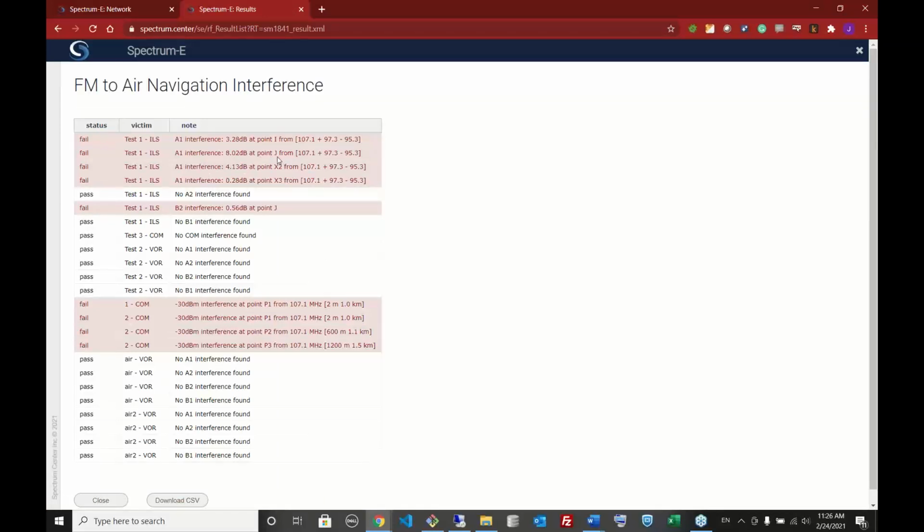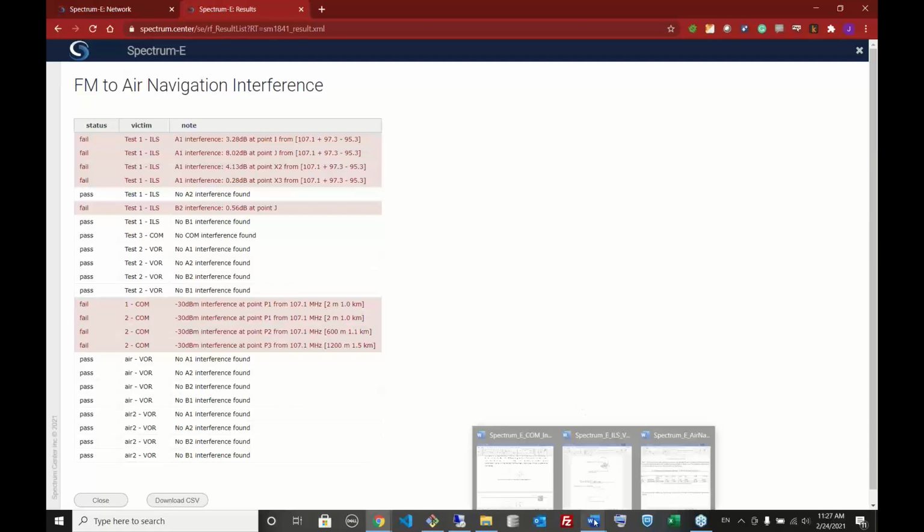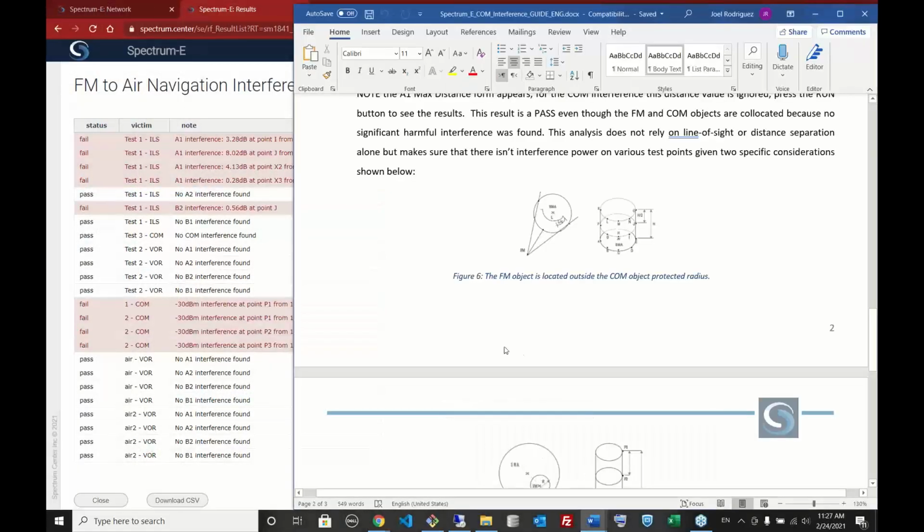So in the result here, we have, for example, interference for COM objects. As you can see on the bottom part, it says that you have the interference at 1 kilometer at 2 meter height. You have the interference at 1.1 kilometer at 6 meter elevation height, and so forth. For each type of interference, it gives you the interference power, but more importantly, it tells you some point like P1, P2, P3, where this frequency is interfering into those points. So that's something very important that I want to highlight,